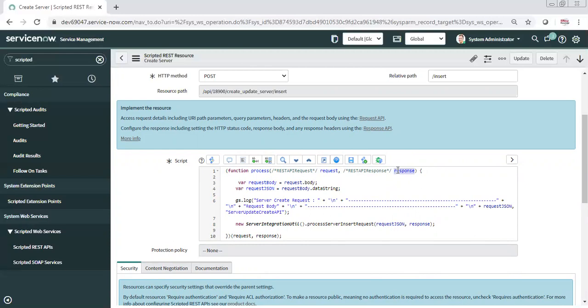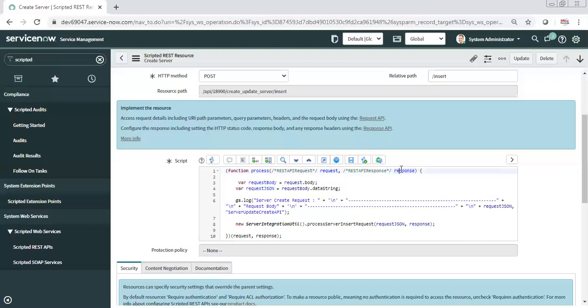If you see, there are two parts in the integration. One is the request, another one is the response. The request is sent by the consumer, and the response to that request is always sent by the publisher API. Till now, we did not need to take care of this request and response.